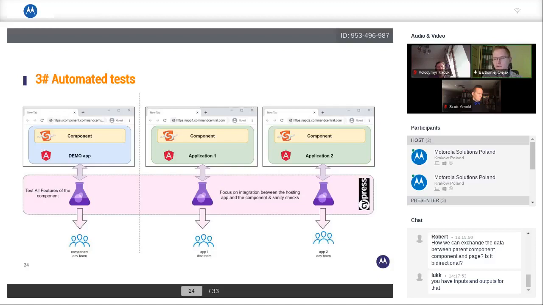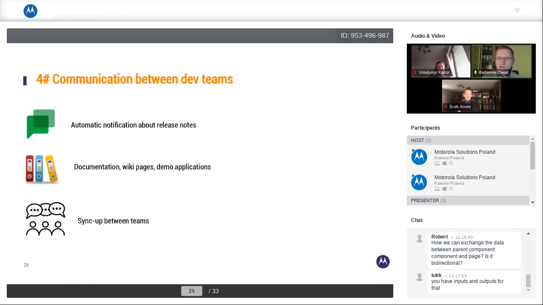to quickly spot the problems, and be prepared that sometimes your test as an application team will fail, not only because something is wrong in the component or your application, but because the component was changed and your test wasn't prepared for it. The next thing is